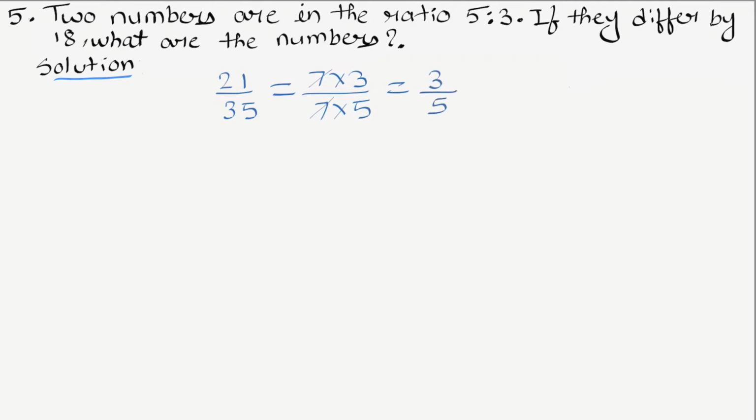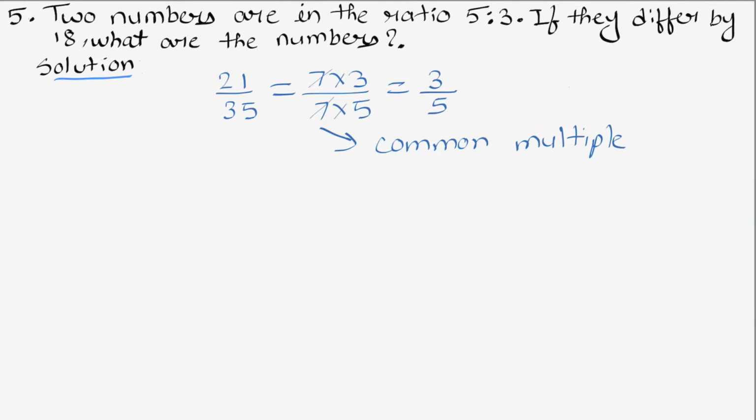So we can say that 7 was the number which was common to both 21 and 35, and this 7 got cancelled, because of which we are left with 3 upon 5 as a reduced fraction. This number which got cancelled is called the common multiple. So we can say that a ratio is a type of fraction which cannot be further reduced into a smaller fraction. Suppose with the help of the ratio 3 upon 5, if we want to get the original numbers back, we need to multiply 3 upon 5 by this 7 in order to get those numbers.